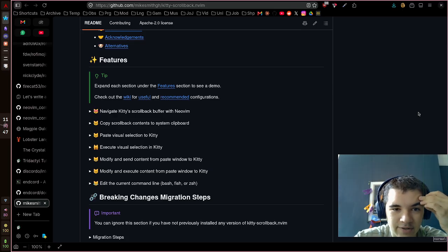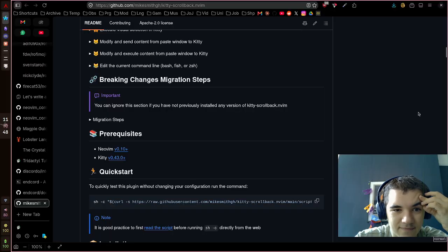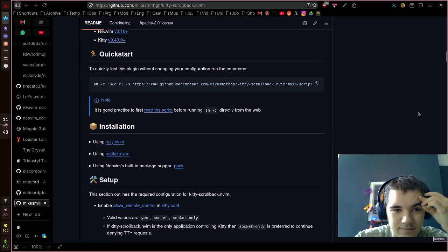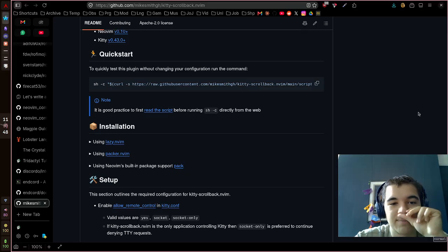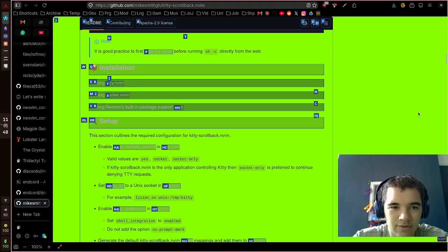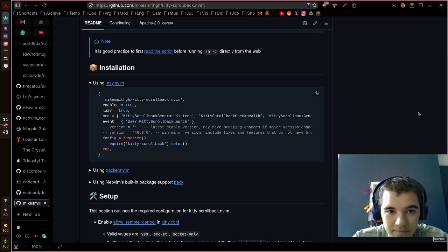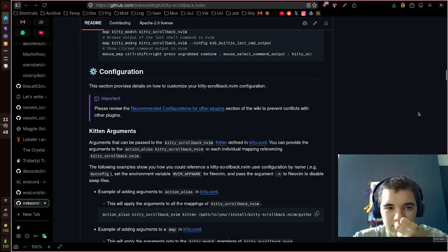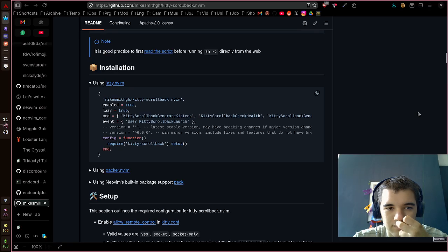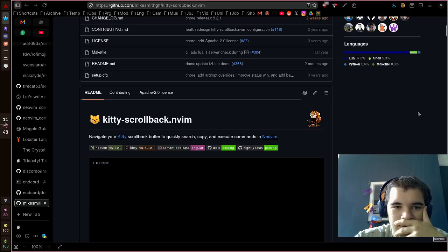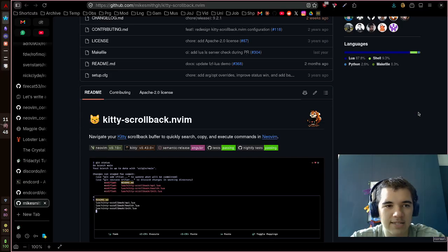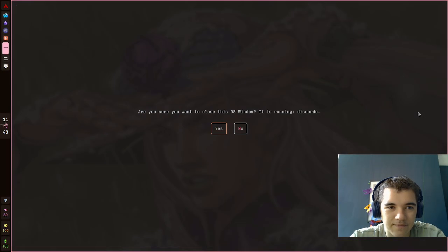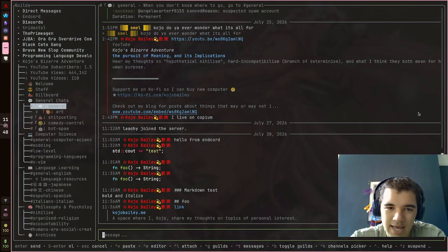Navigate kitty's scroll back, buffer, copy, scroll back, paste selection. I mean, it looks good, right? Oh, okay, so it's a plugin for neovim. Okay, I'm gonna come back to this later when I get back to using neovim, but that's cool. Anyway, so yeah,